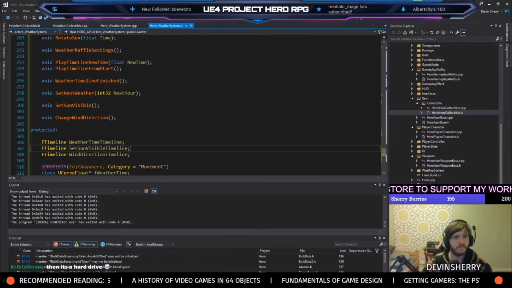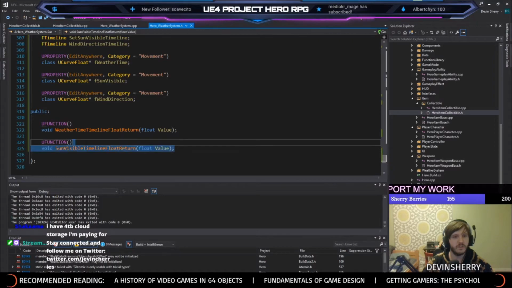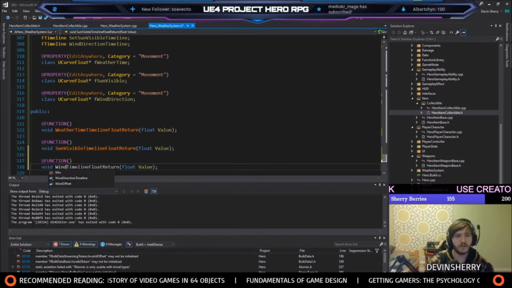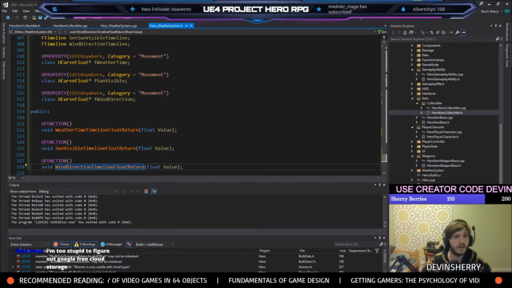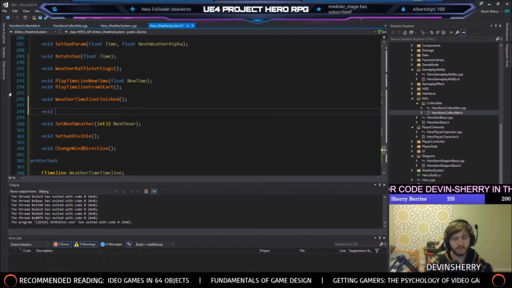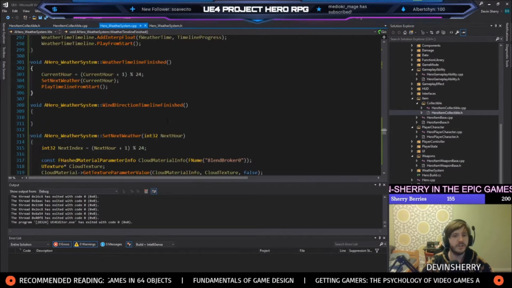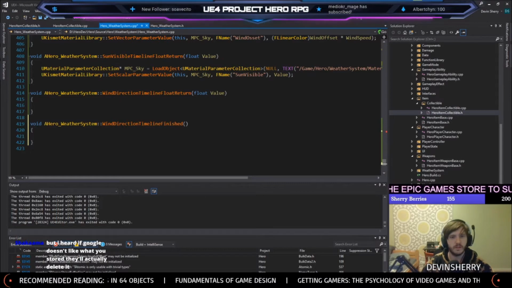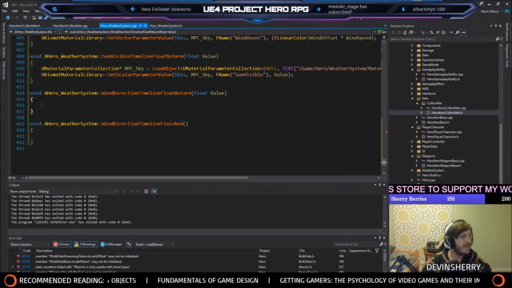We will need one of these for sure. We'll say wind direction timeline float return. And then we also need an on finished. Void wind direction timeline finished. Create that implementation. So we have, let me just move those two together. Okay. So now on update,